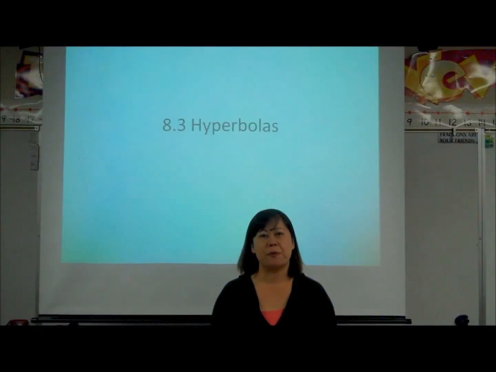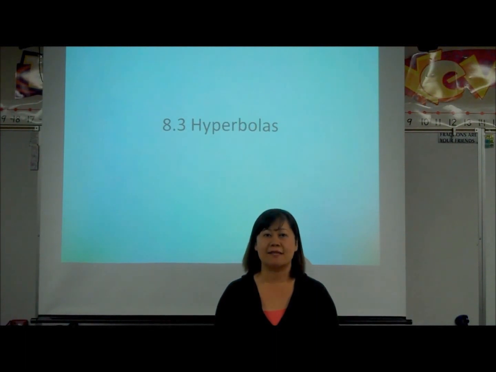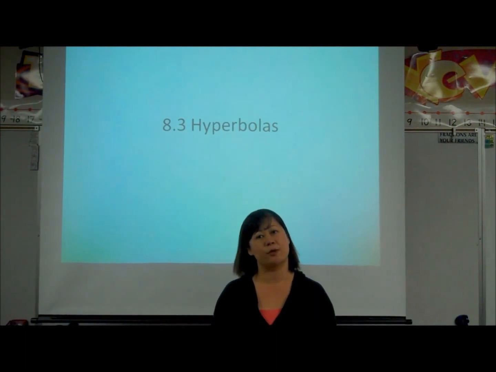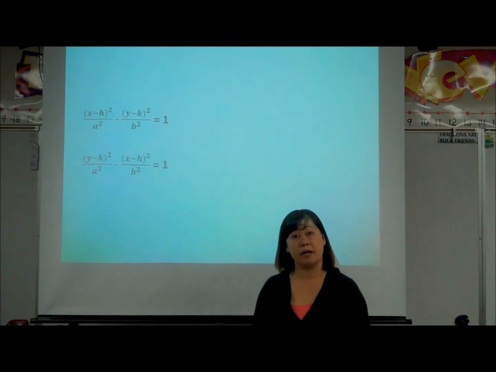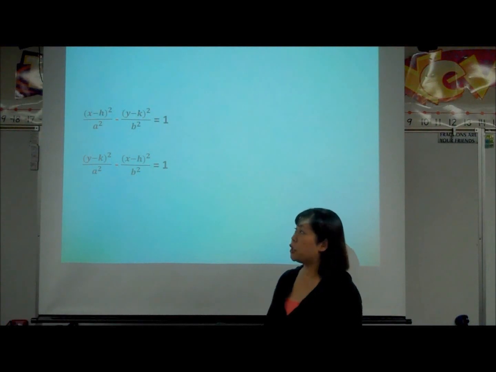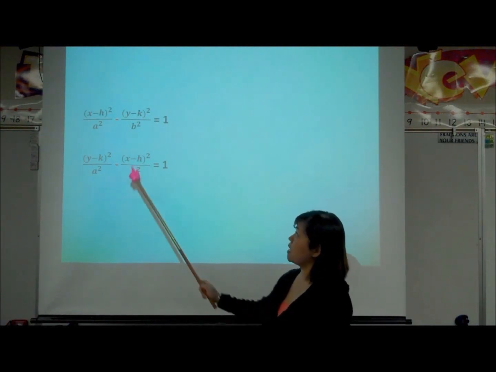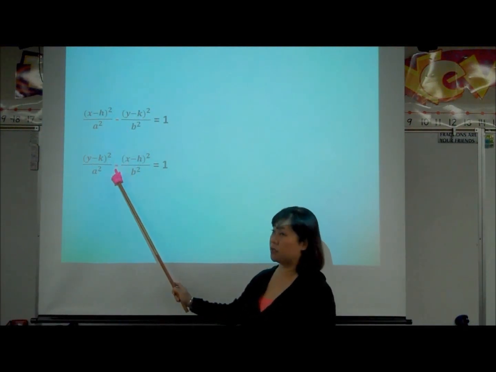This section is on 8.3 hyperbolas. This is the last section of the conic sections, so let's go and talk about this. The equation of the hyperbolas is going to be very, very similar to the ellipse, so you have to pay attention to this. The only difference, as you can see, is going to be the minus in between the two